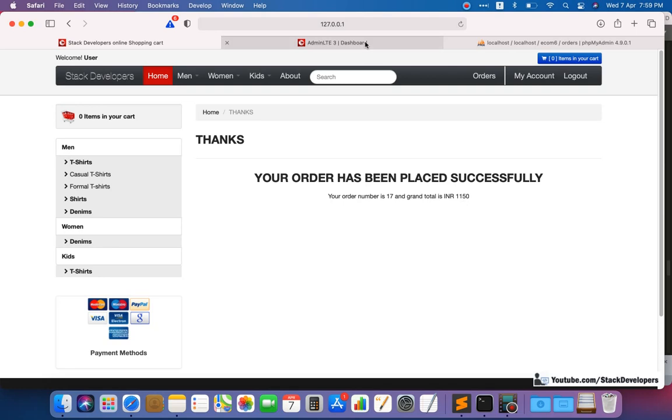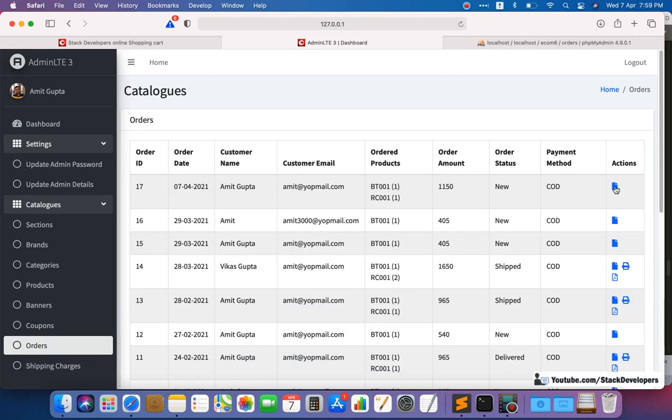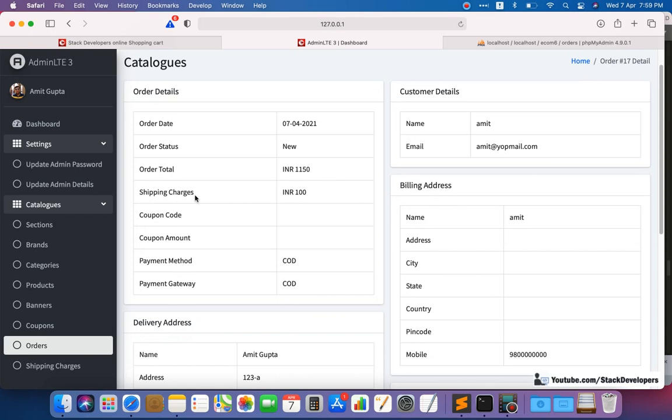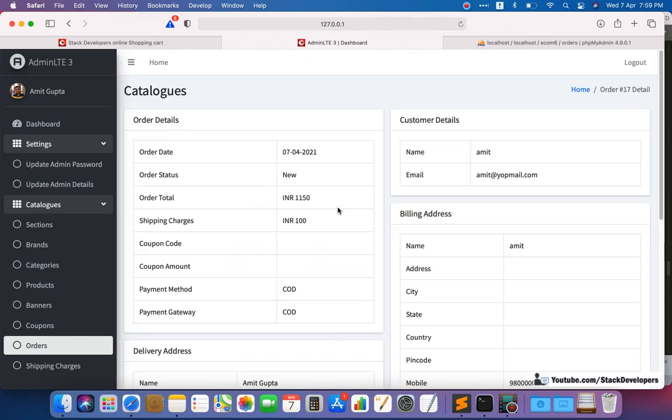Okay, so it is working fine, and we can check in orders as well. Go in admin panel and check in orders, and here you can see the order amount. It is coming 1150. That is correct, including the shipping charges. And I want to see the shipping charges here, and that is the rupees 100. Okay, so that is fine, and order total is also fine, 1150, and that includes the 100 shipping charges. Otherwise the order must be 1050, but this order includes the shipping charges, so the order total increases by rupees 100. Okay, so the amount is right. So now we are able to include the shipping charges.